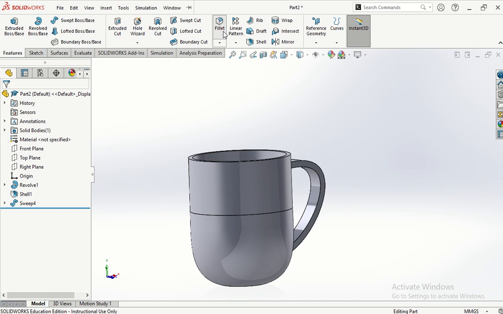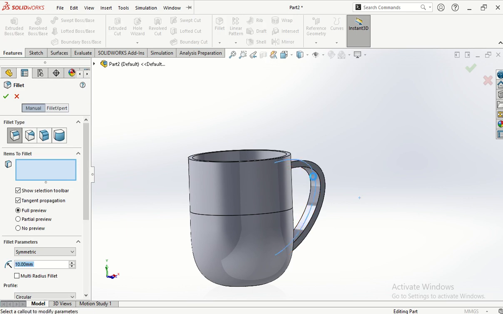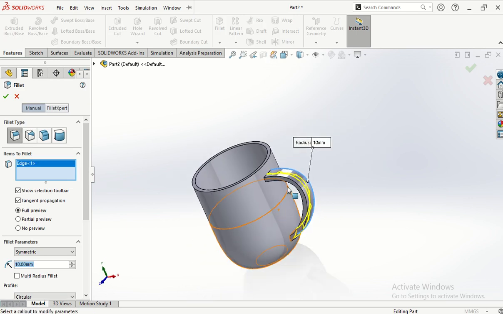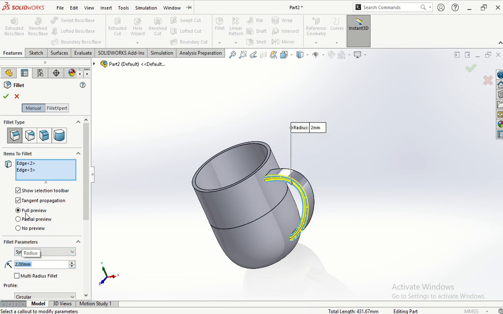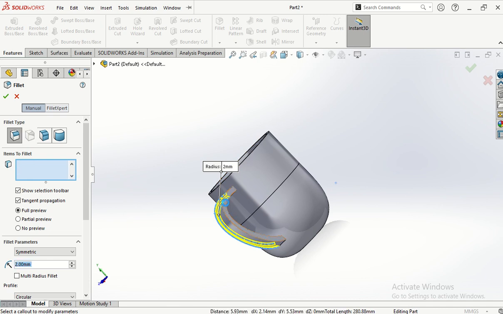We can then use our fillet tool to add fillets to the handle. So we choose this surface here, or that edge, that edge, that edge, that edge, and change the measurement to perhaps 2. We get a nice profiled face